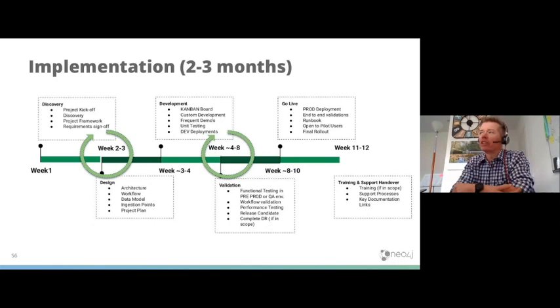If we structure this in other approaches with customers where we've built knowledge graphs and done similar things, obviously there's more requirements analysis to be done, and there's a little more discussion to be had. But typically we're talking implementation time of 2 to 3 months. The way we do it is shortly outlined here.